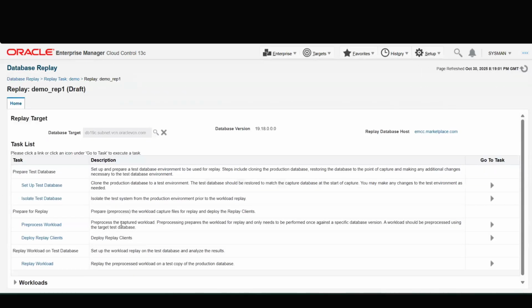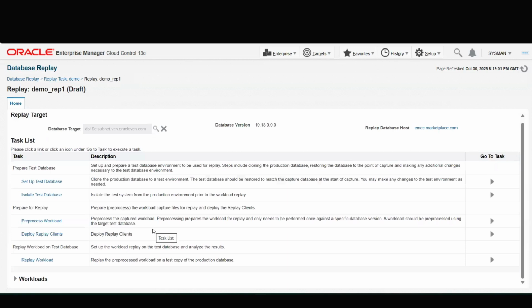After you pre-process the workload, the next step is to actually replay the workload. We can deploy replay clients, or we can use the same Oracle Home for the replay, and we will specify that through the replay workload. So for example, if I click here on replay workload,